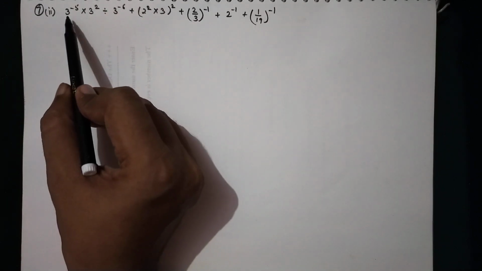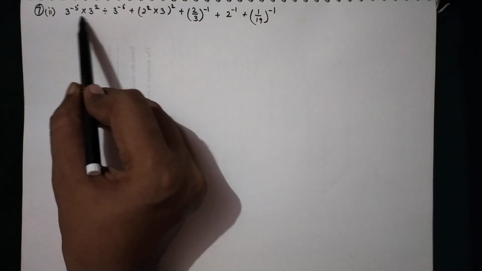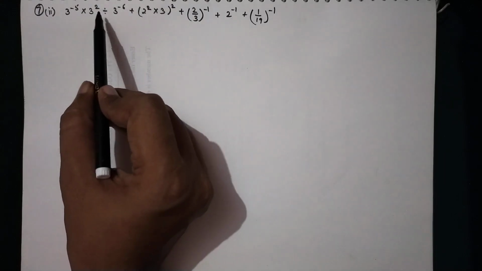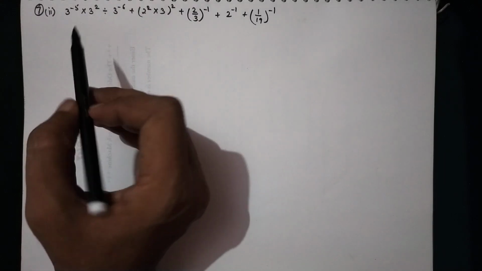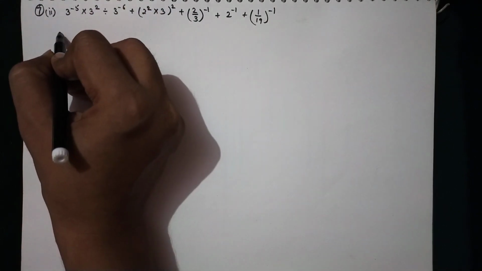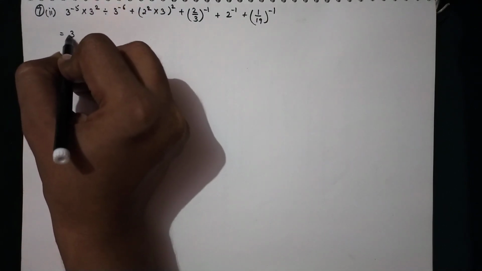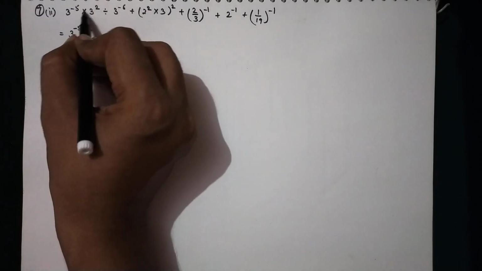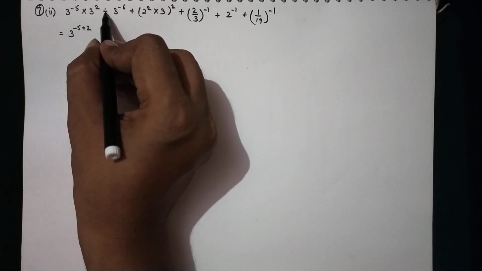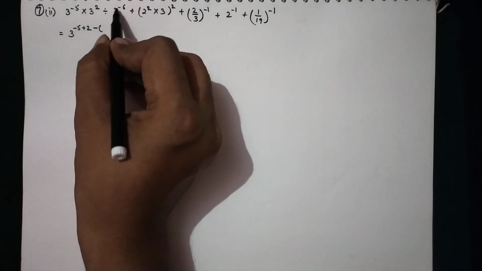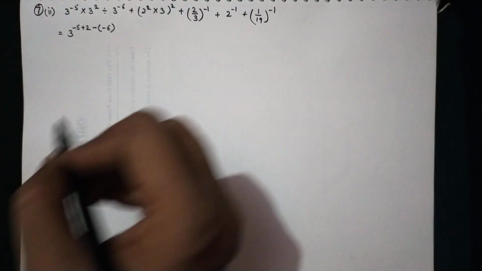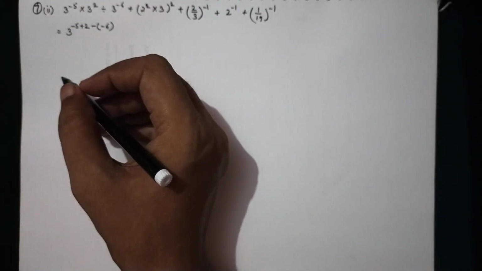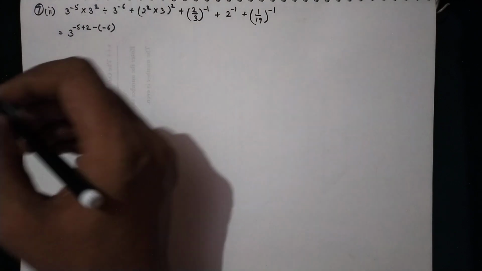Here we have this question, and now let's solve it. Here we see that the bases are same in the first three terms, and here we have multiplication and here division. So we can write this one as 3 to the power minus 5 plus 2 because of this multiplication, and here we have minus, so we can write minus 6. Then plus